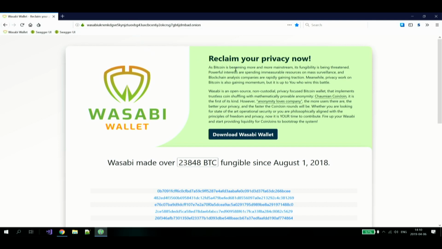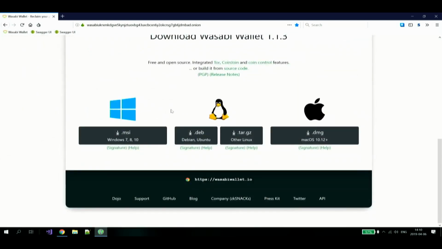You start from the website and go to the download links. Wasabi is a desktop wallet. You can download it for Windows, Linux, because Microsoft loves Linux, and OS X. Then you can check the signature, but what we will do is build it from source code, and for that